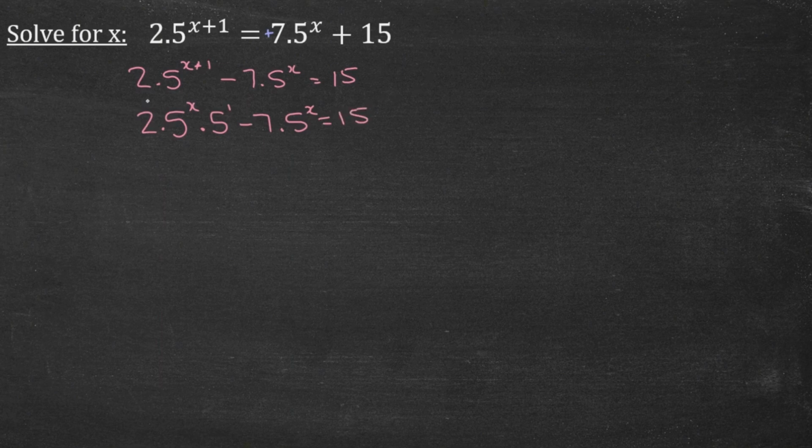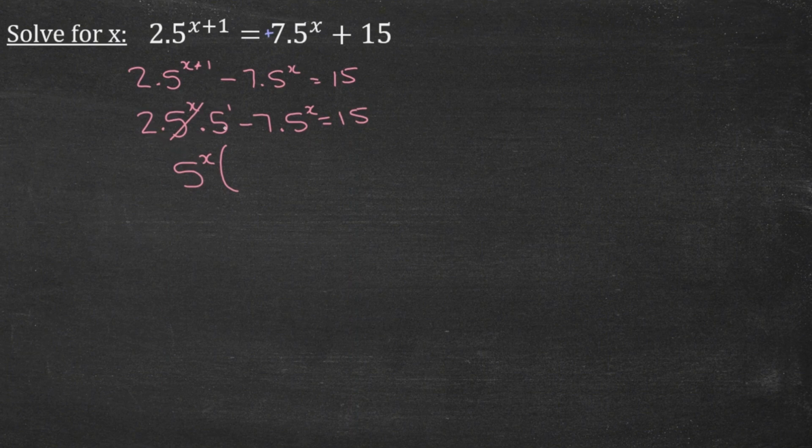We still have 2 terms on the left-hand side, but notice that we have a common factor in each of these terms. So what can I do? Yes, I can take out this 5 to the power of x as a common factor. Open the bracket, and let's see what is left over in each of these terms. So in this term, let's see what we took out. We took out this 5 to the power of x. And what is left over?